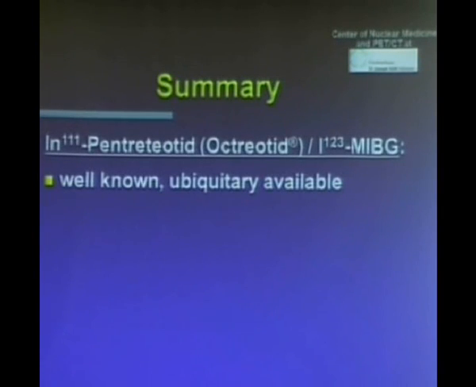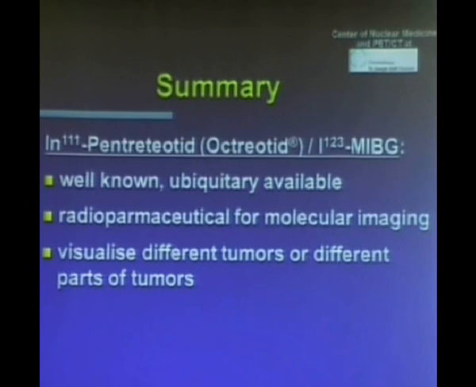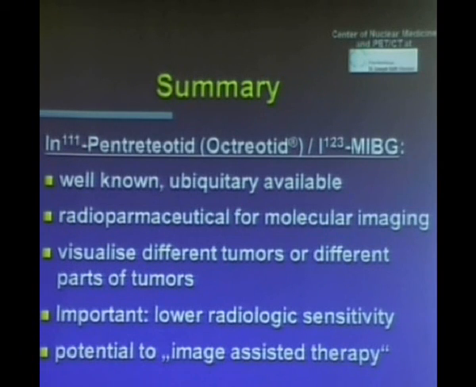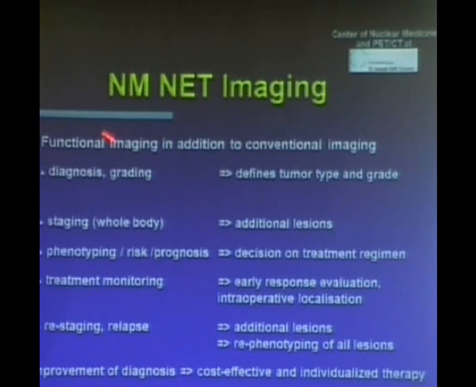So let me summarize that octreotide, and of course also the MIBG scan, is a well-known, available radiopharmaceutical for molecular imaging. I have shown you that we can visualize different tumors or different parts of the tumor in one patient, and so you have to think about different therapeutic modalities. It is important to know that we have a very high sensitivity of our whole body scans using octreotide and MIBG. And we can answer all the questions of diagnosis, staging, treatment monitoring, restaging, and so on,